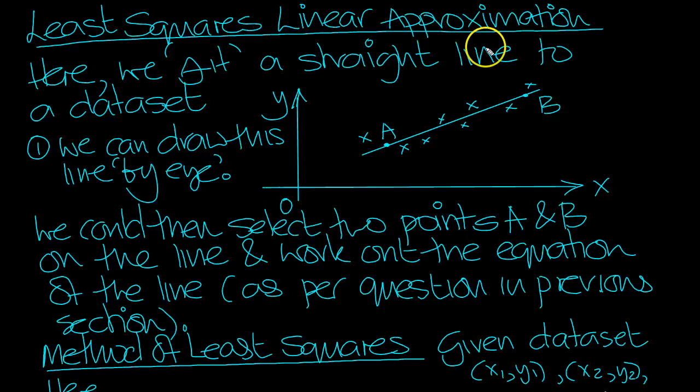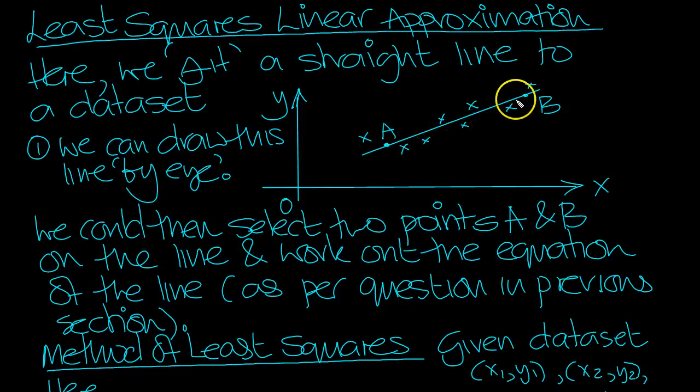Least squares linear approximation. So here basically we have a data set of points on the xy axis coordinate wise, and we want to fit a straight line as best we can. We can do this by eye. If we did it manually, just plotted them, sketched them by hand, the data points, and then drew the best